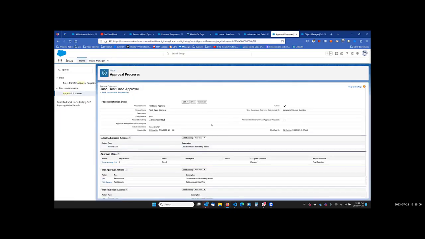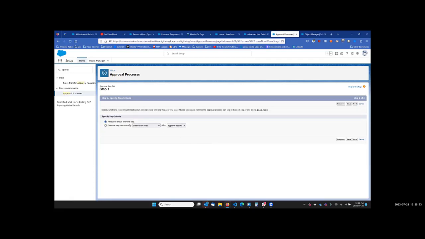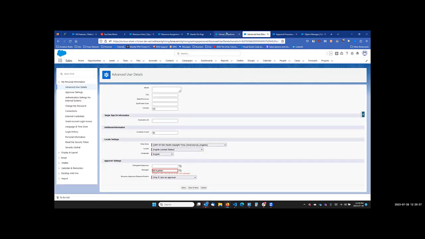So let's just say we don't want to do manager. We just want to pick it manually. All right. So right here in our approval steps, we have step 1 for approval. It's going to go to the assigned approvers. It's going to be the manager. So I'm going to edit that, and let's just select the much simpler manually select option here. So all records should enter the step next, and we are going to let the submitter choose automatically or manually. Okay, so after all that fumbling around, in theory now, I should be able to go back to our case